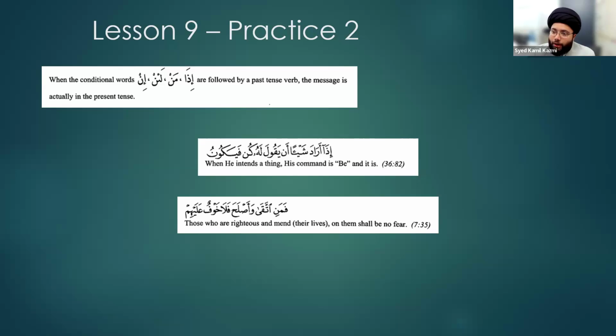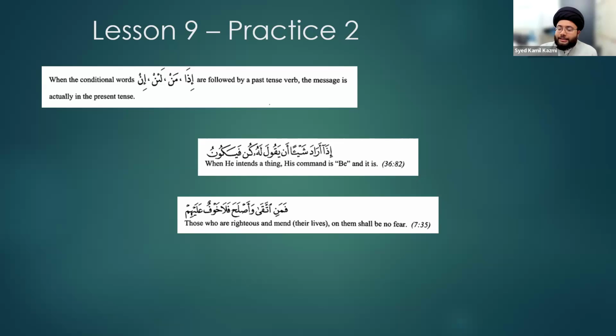In your lessons so far, the idea of majzoom, mansub, this idea of i'rab only occurs in which tense? The mudari and amr, right? Present tense. Okay, so it only displays itself in the mudari, and then sometimes when the lam and li is presented on the mudari, it turns into an amr, for example, right? But at no place do we talk about this in the madi. Why? Because the madi are all mabni.